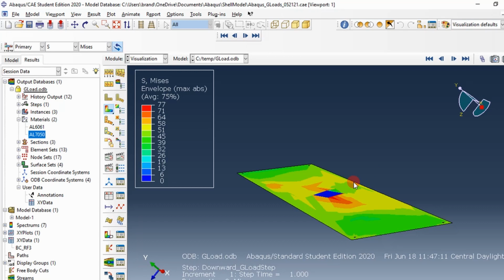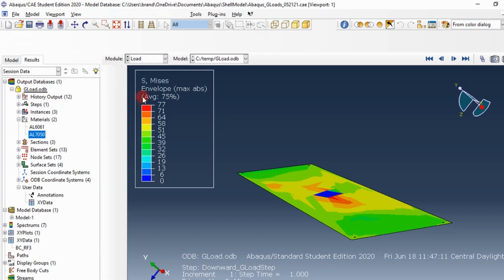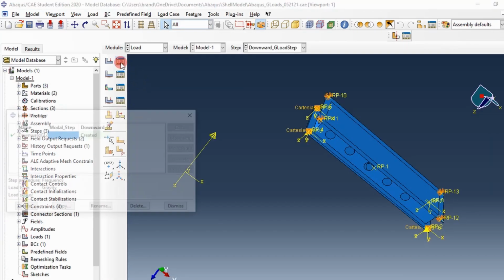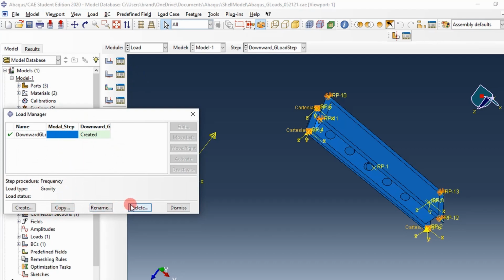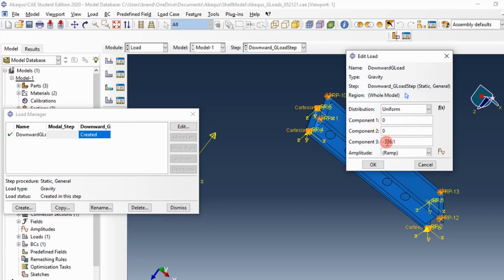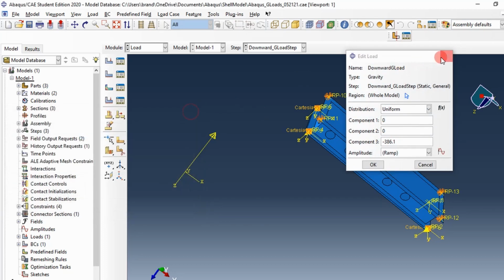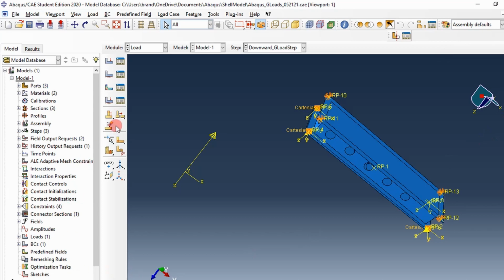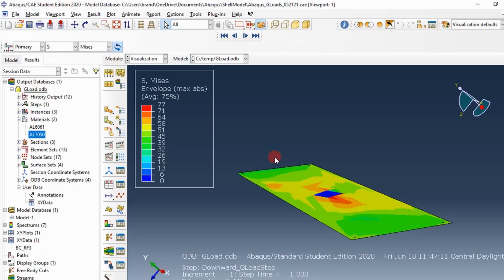and that really is a shortcut. Otherwise you'd have to go back in here to your Abaqus and go into the load and edit your loads, and it's really cumbersome. You'd have to go in here and edit your acceleration, rerun the analysis, and that's not working smart, that's working hard. So that's how you run a GLoad analysis in Abaqus,